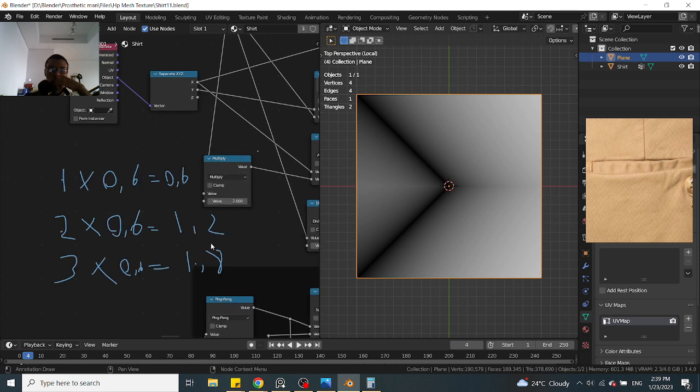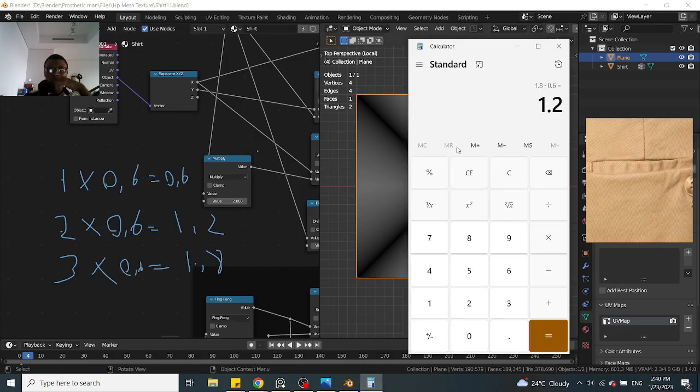It's giving me this amount. And I'm gonna say this minus that gives me 0.6. Okay. I'm trying to,